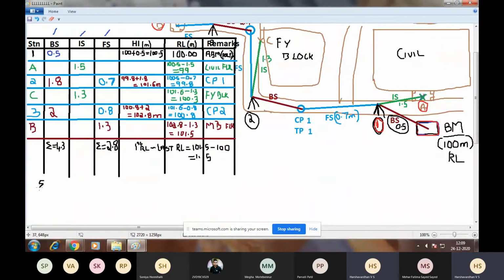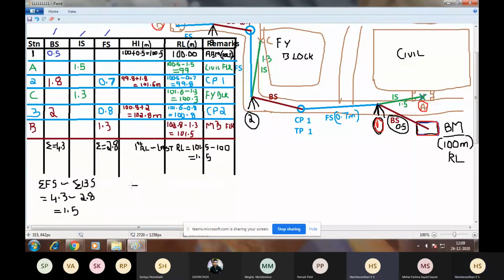What is the difference between the summation of backsight and the summation of foresight? The difference is 4.3 minus 2.8, which is 1.5. What is the difference between first RL and last RL? It is also 1.5. So this is the arithmetic check you have to apply.